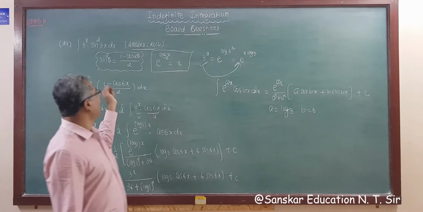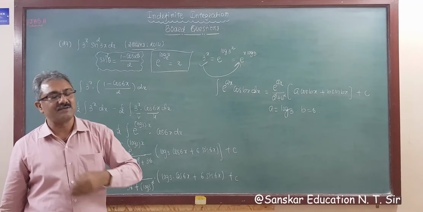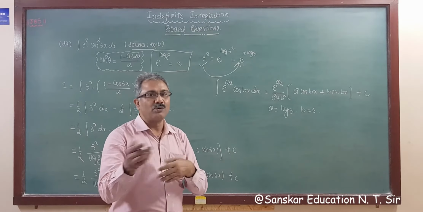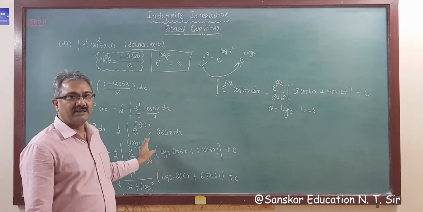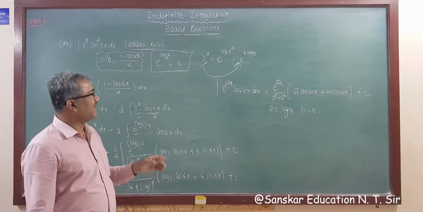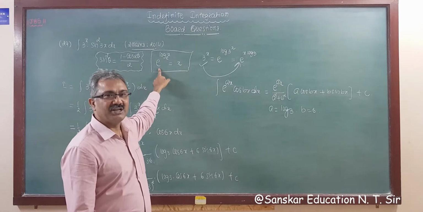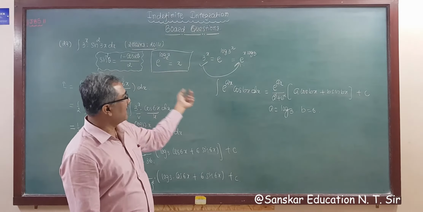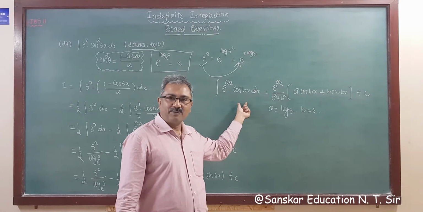If you go for a into b, that is u into v method, that is partial fraction method, then you have to spend more time for integration, right? So this is a base method. If you are able to change any power using this formula, you may change with sin cos, then apply this formula. That is a very nice and handy formula for you.